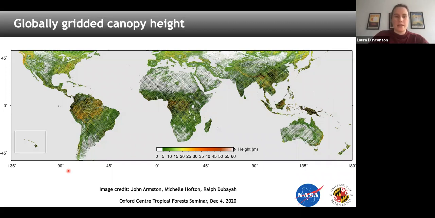But as you can see here, you do see these sort of lines on these maps, and this is the ISS orbits. So as GEDI remains up on the space station, it's capturing more and more data, and it's starting to fill the gaps as well. So we're trying to get as many of the gaps filled by the end of the mission, and it will be up there until at least 2022, operating and firing the lasers and collecting more and more data.